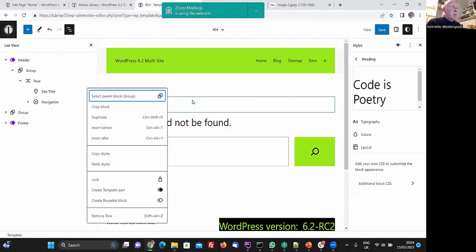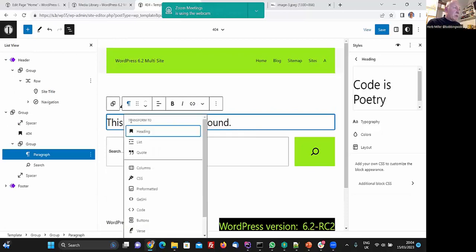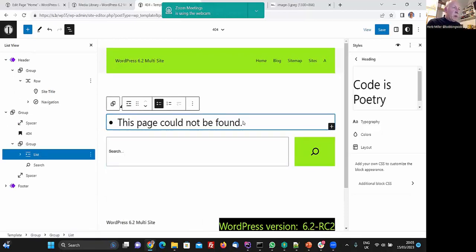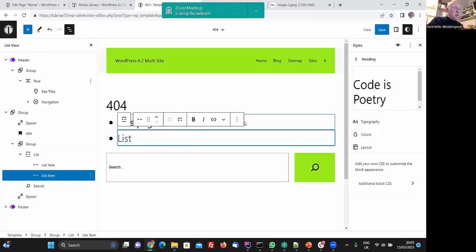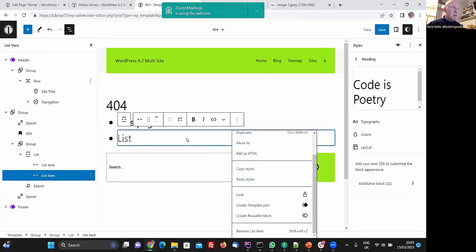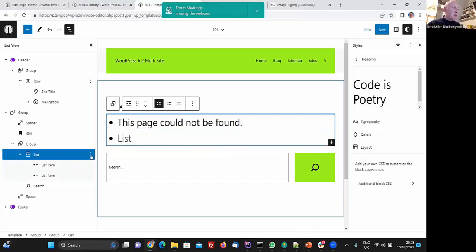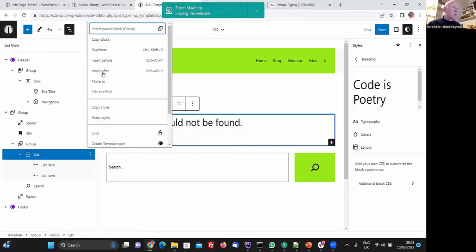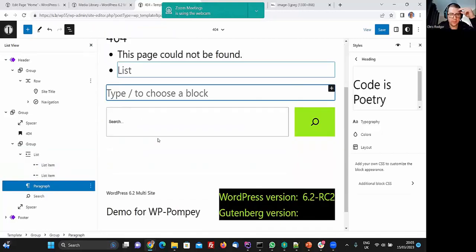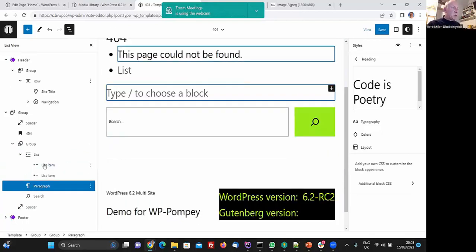For example, if you happen to be in a list and you've got two list items, you used to just go into the list and say, I'm going to insert another block afterwards. What you end up doing is, when you can't do it from a list item, you need to go to the high level one. And therefore you actually need to go over here to insert a block after it. That's fairly easy. But if you happen to have multiple columns,